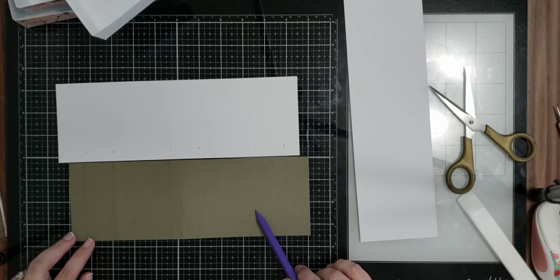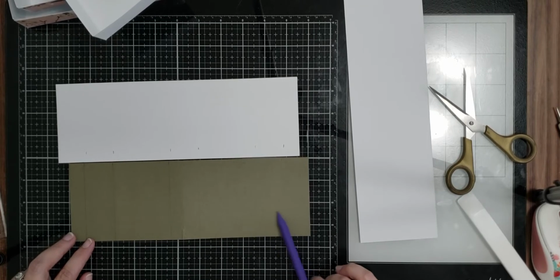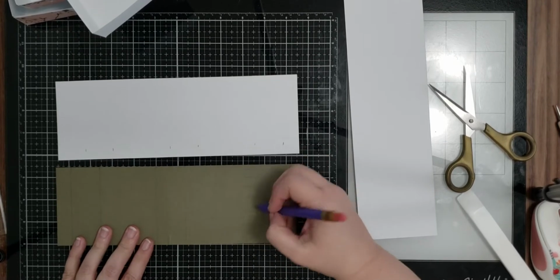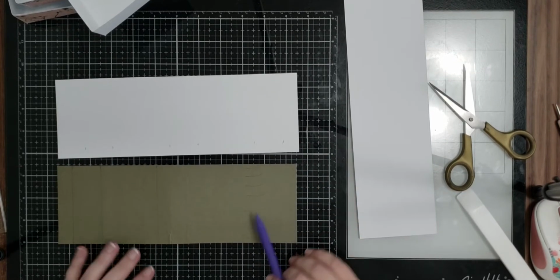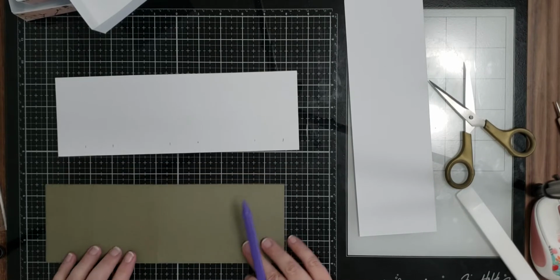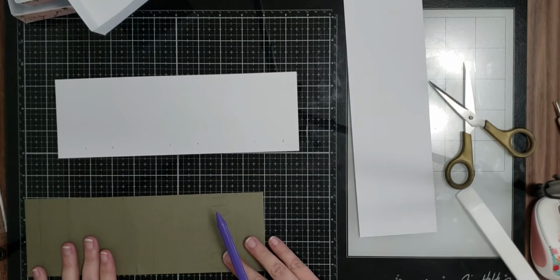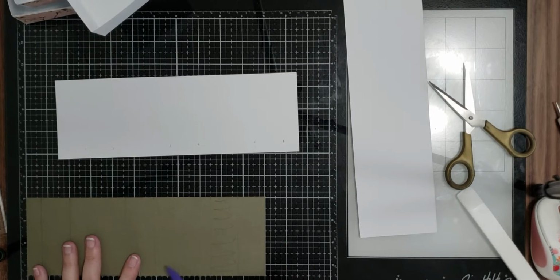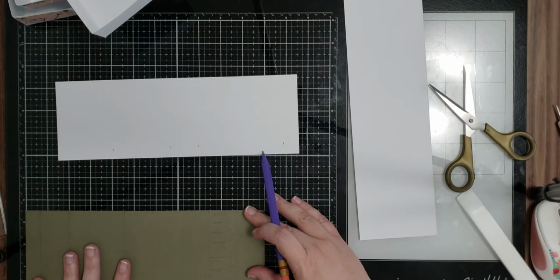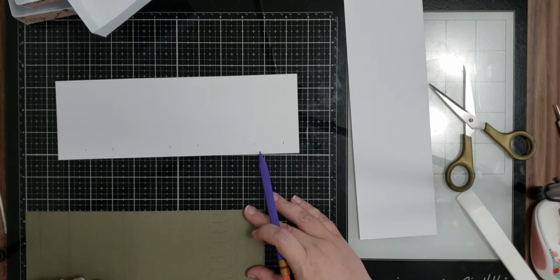And then I made a mark 1 1/4 down because that's the depth of my box. Right in here, that's where my box is going to go. Okay, so that's the depth of my box. And then I went up here, and let me just tell you where I put that measurement. Does it really start at 6? It's about 4 5/8,